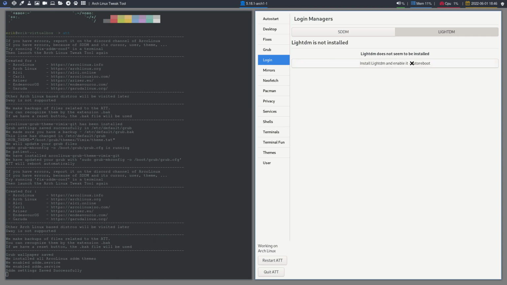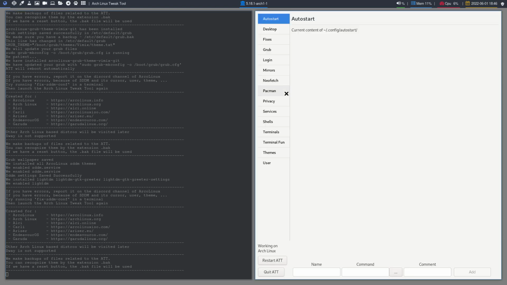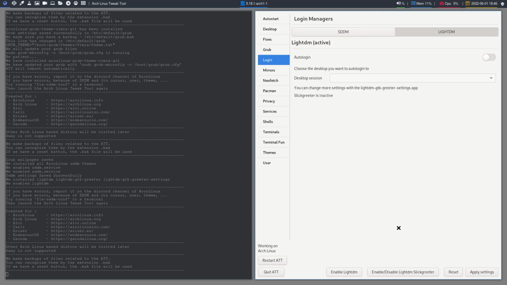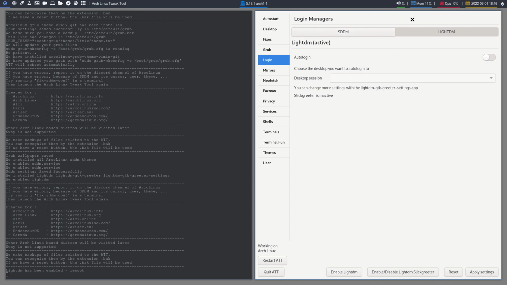So install LightDM and enable it. Boom. Sudo pacman -S lightdm. The enabling, I wouldn't do the enabling. We have to be consistent in the story that we're telling. By that I mean that we always use the button down here to enable. So I'll check if it's enabled. I don't think so, but I shouldn't say it then, right? So LightDM has been enabled. So next time I log in with LightDM,